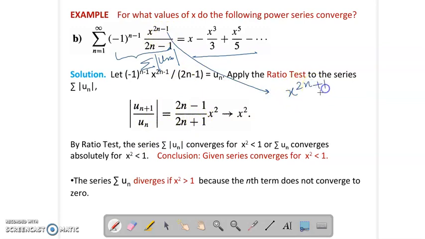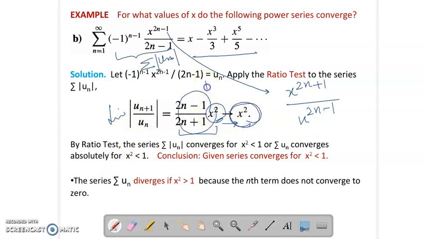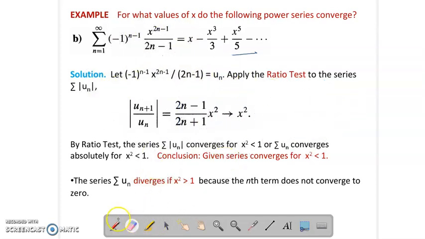upon, in the denominator, x raised to the power 2n minus 1. So you have x square coming from here, and we have removed the modulus because n is positive and x square is going to be positive. So this is the value of this ratio. Now when you take the limit as n tends to infinity, this will converge to this number x square because this limit will be equals to 1, right? So this number rho has turned out to be x square, and we know by ratio test the series converges when rho is less than 1.